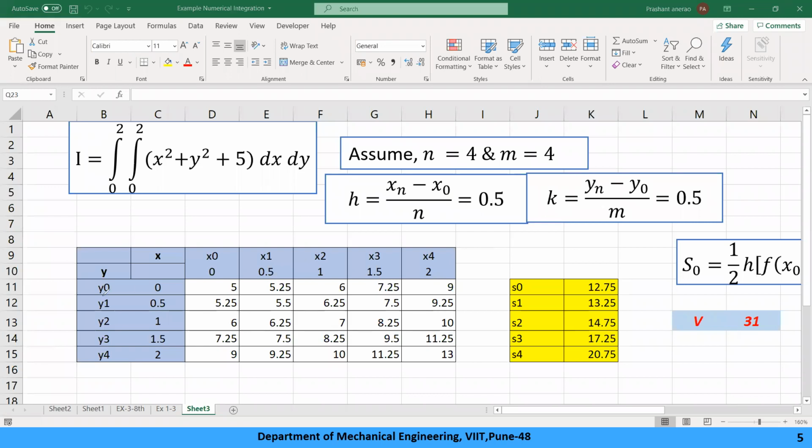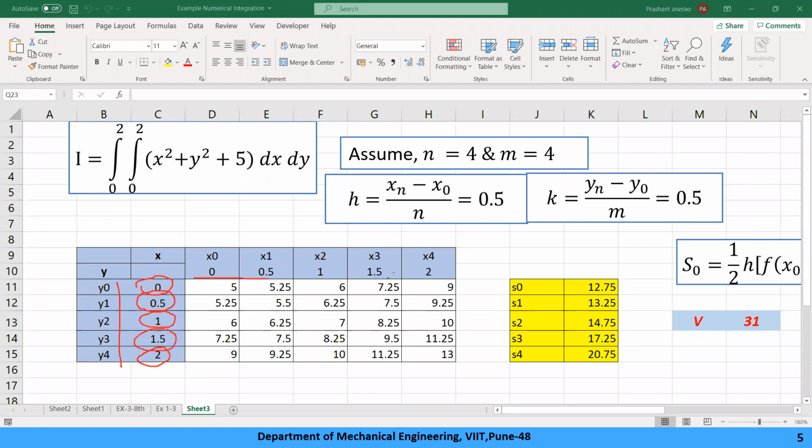Next task, you need to come up with the y values, applying the same concept. y0 starts at 0 and ends at 2. In between you will have a step of 0.5. So you see an increment of 0.5 everywhere.